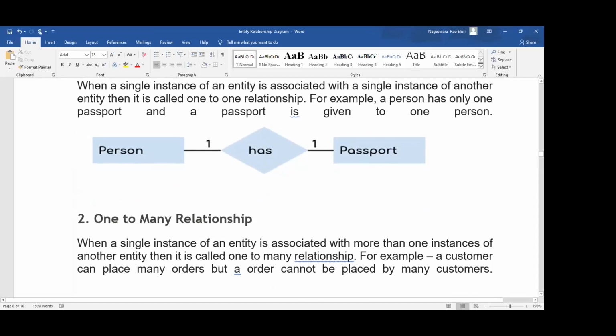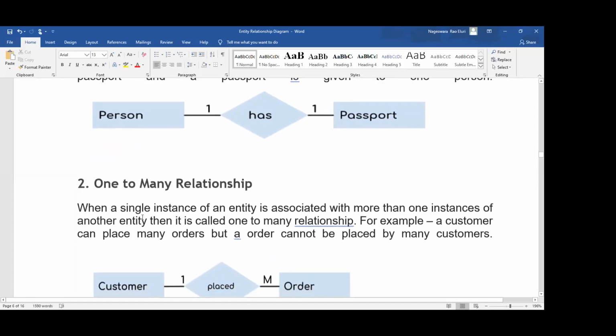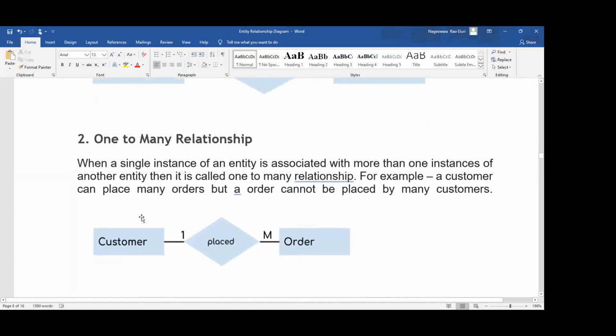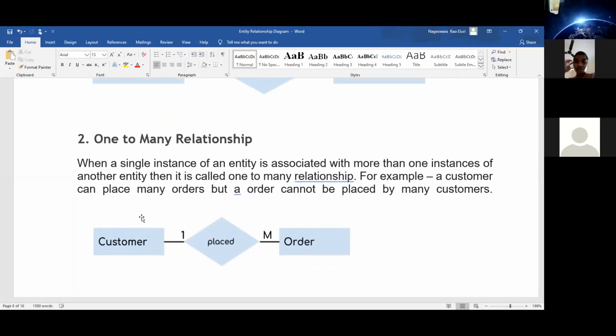One to many means a single instance of an entity is associated with more than one instance of another entity. Example: customer is a single instance of an entity, orders are many instances of an entity. So a customer can place many orders.